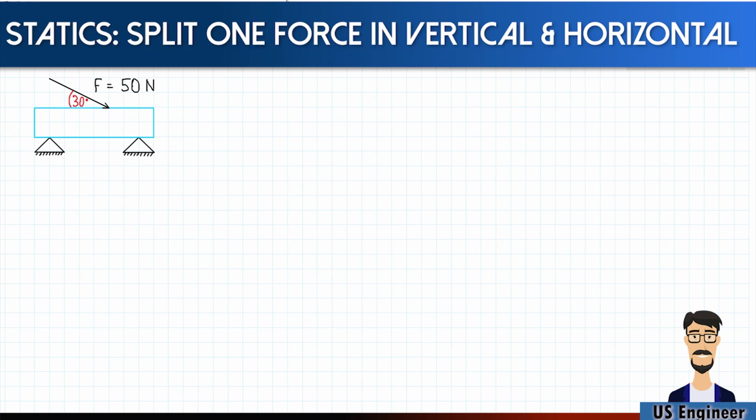Hi there! In this part, we want to demonstrate how to break down a single force into the vertical and horizontal component. We will first do so on a graphical approach, followed by the analytical approach. What is our situation? We have a force of 50 Newton that acts at a 30-degree angle to the horizon on a beam. And our goal is to determine the component on the x-axis and the component on the y-axis